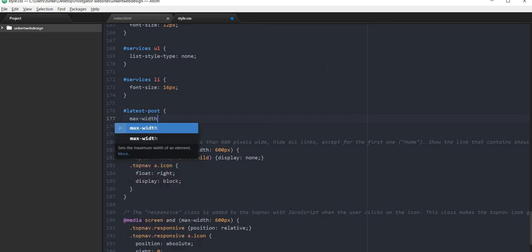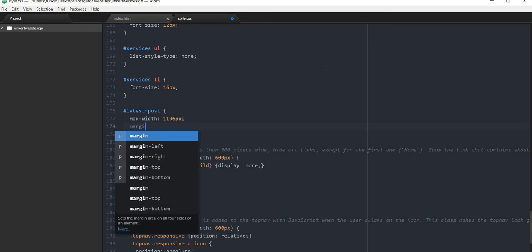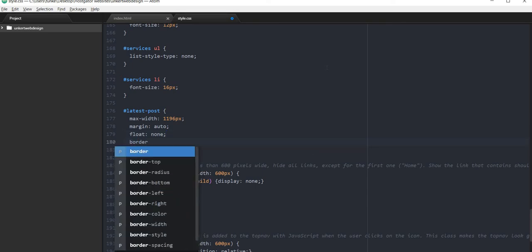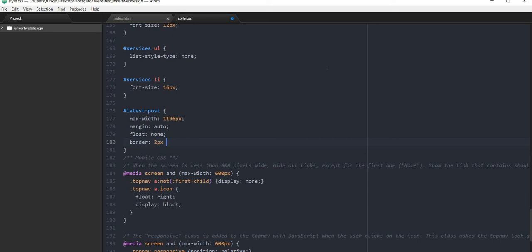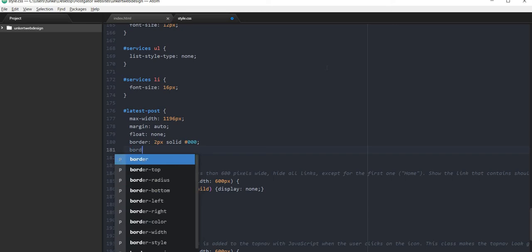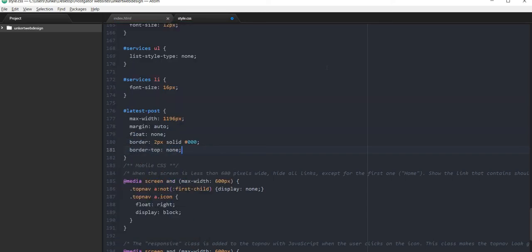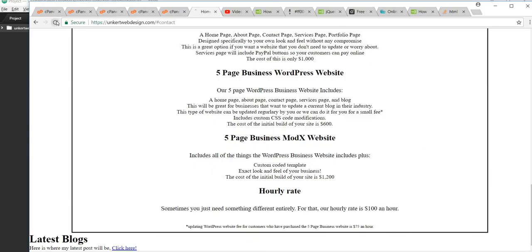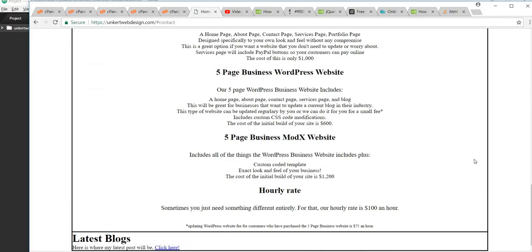Max width. It's going to be 1196 pixels. Margin auto. Float none. Doesn't really matter what order I go with these. Border, 2 pixels solid black. Border top is going to be none. And let's control save that and then upload. See how we're going with that. Okay. Latest posts. Okay,